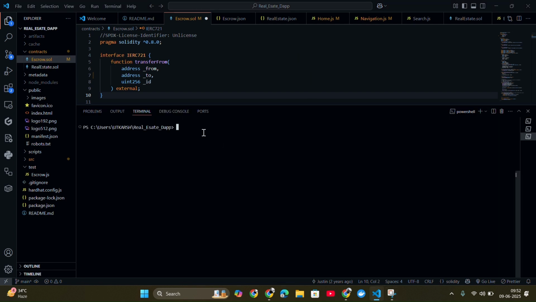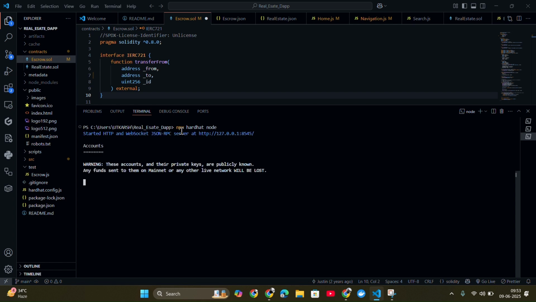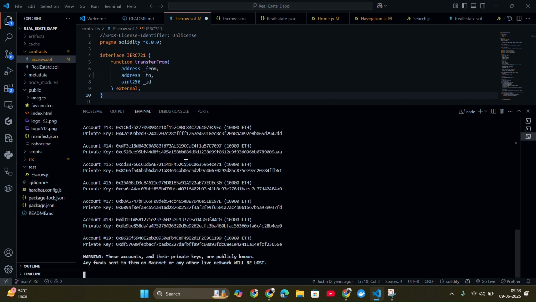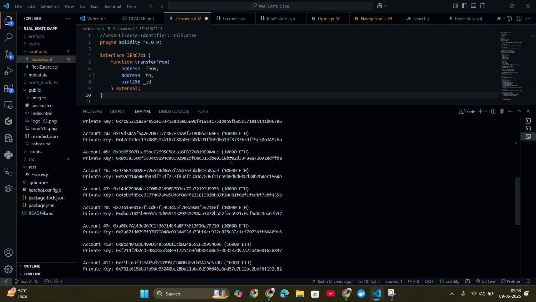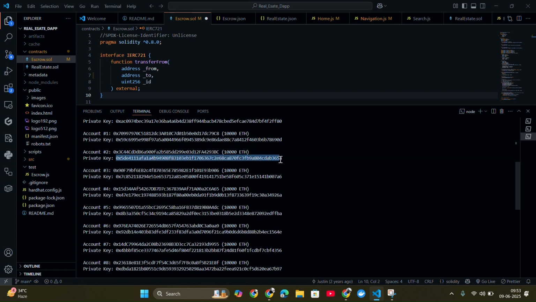So let me launch the project. We have used the Hardhat framework for the development. With the help of this command, I'm running a local blockchain node on my computer. As you can see, I got 19 accounts with dummy money in them and their private keys. So I can use any one of the accounts. I'm using account number 2